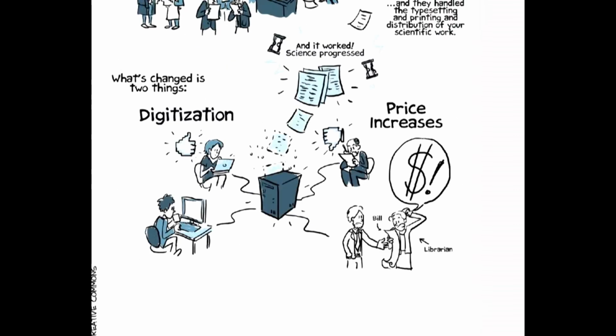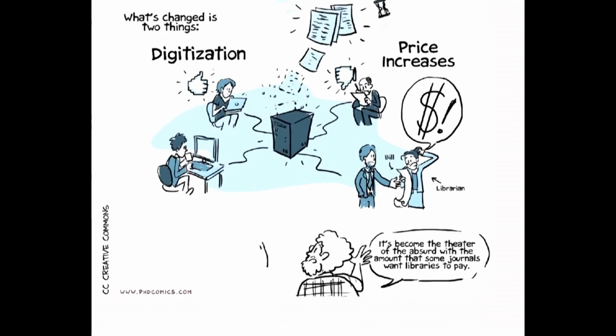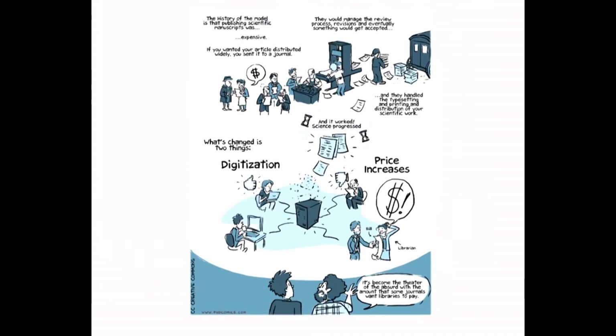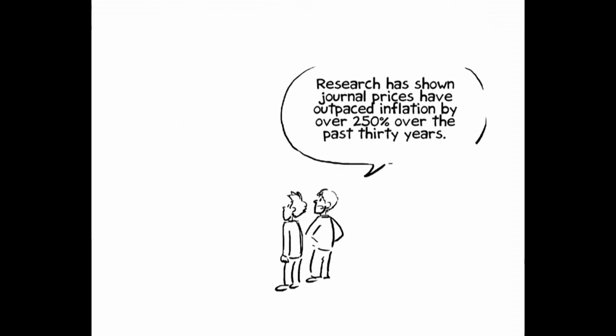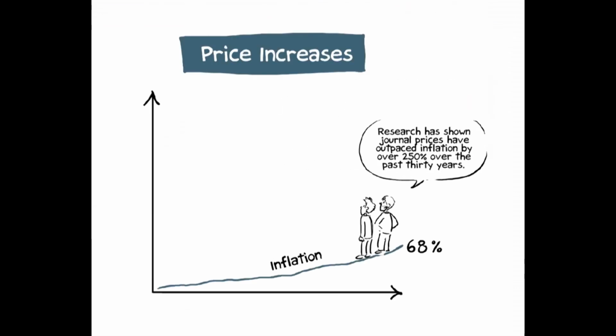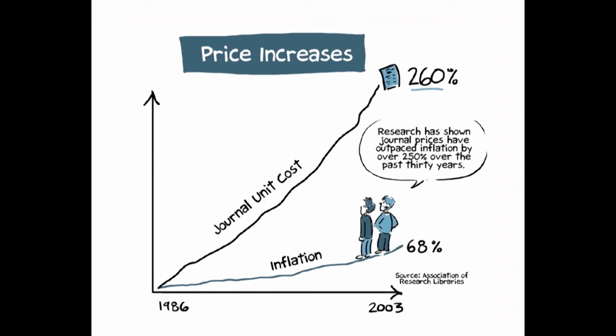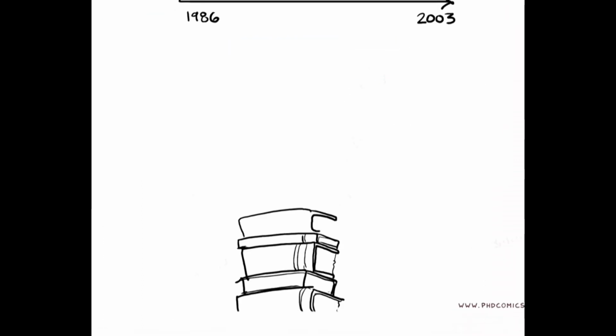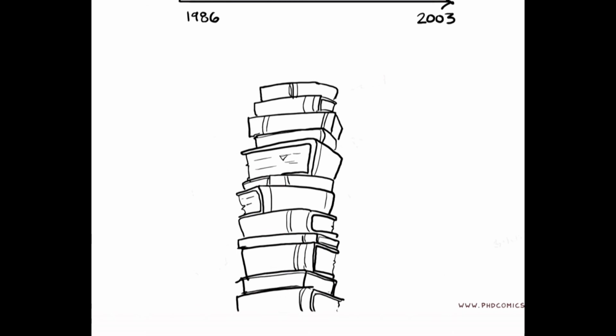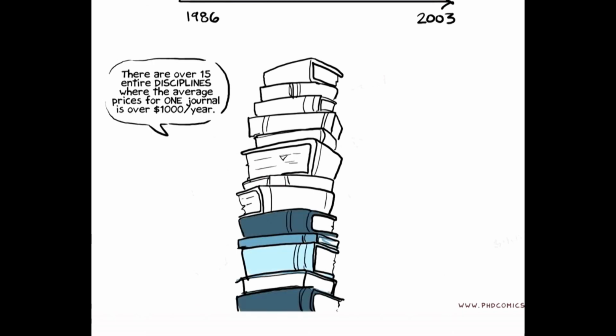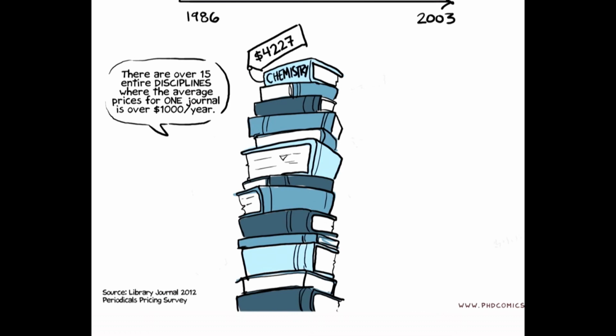And so those two things came sort of to a head, where it's become almost the theater of the absurd with the amount that some journals want libraries to pay to subscribe to the journal. Research has shown that journal prices have actually outpaced inflation by over 250% over the past 30 years. There are over 15 entire academic disciplines where the average price for one journal is over $1,000 for one subscription for 1 year. Yeah, in chemistry, the average title is $4,227, and physics